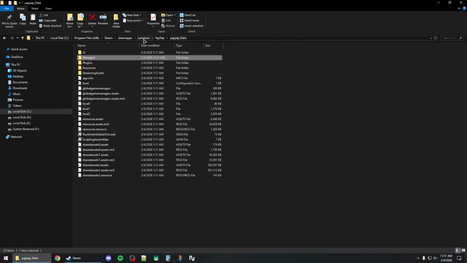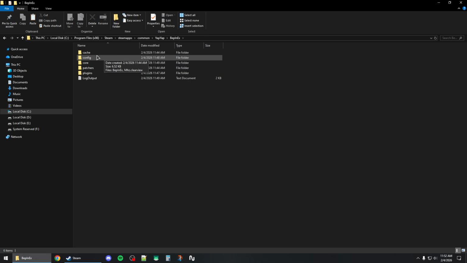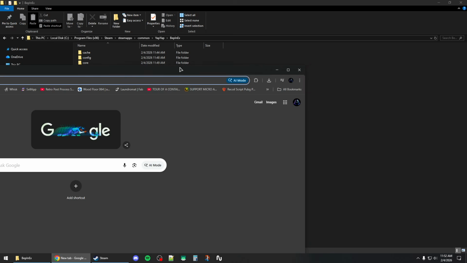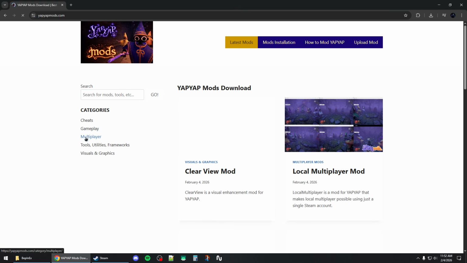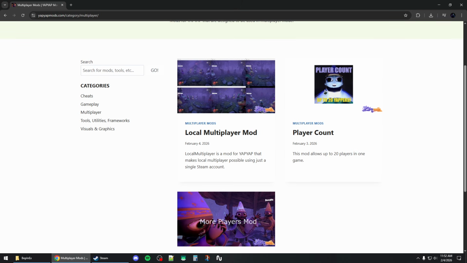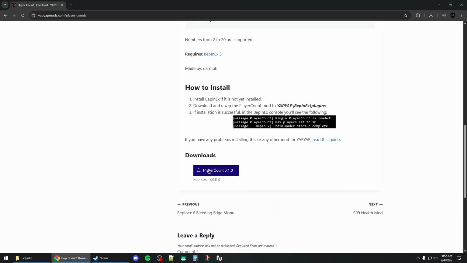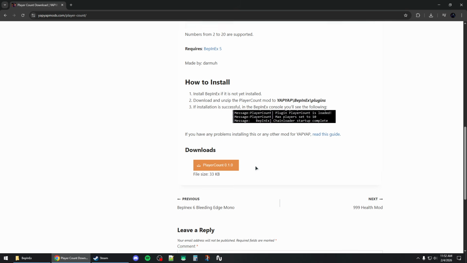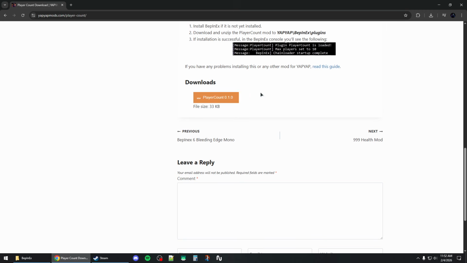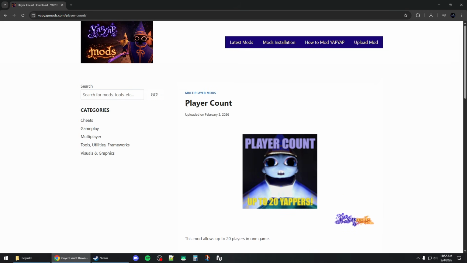And now to apply the player count mod, you want to go back to the YAPYAP folder, open up the BepInEx folder, and to get the new one, you can go to the YAPYAP mods website, which is this one, yapyapmods.com, and then go to the multiplayer tab from the left side. Now in here, you can click on player count, scroll down and click on the download button here. And you can also get the BepInEx 6 and 5 versions from here